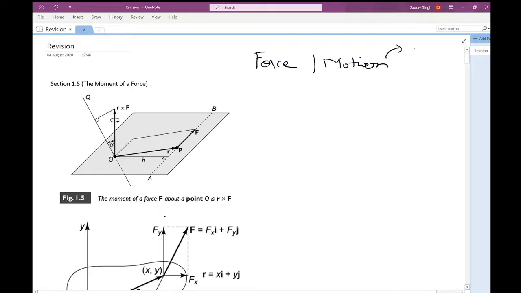For example, deformation. Okay. Then there are other categories through which this motion can be listed, like dynamics, like kinetics, like kinematics. Okay, and